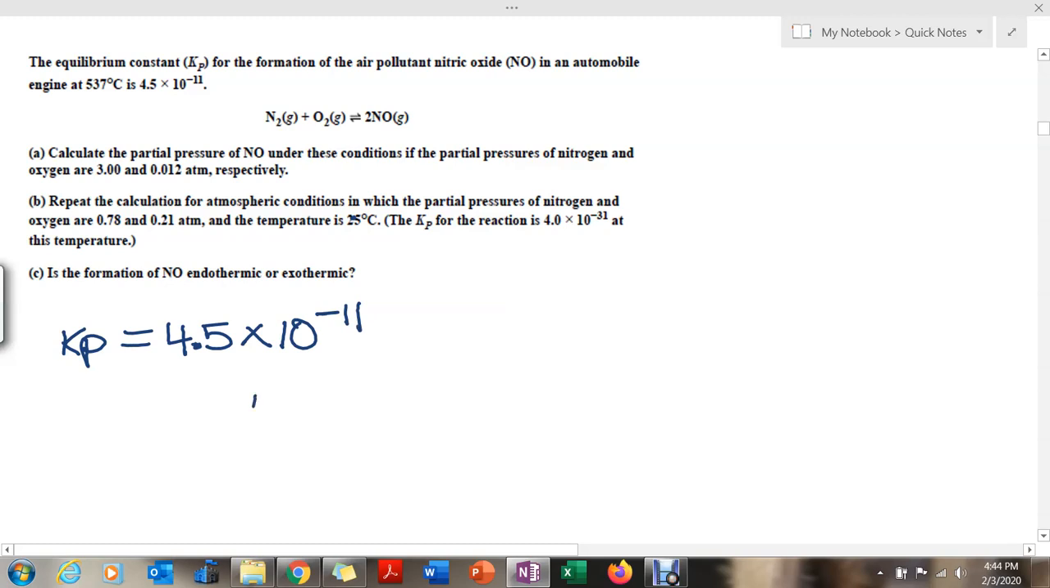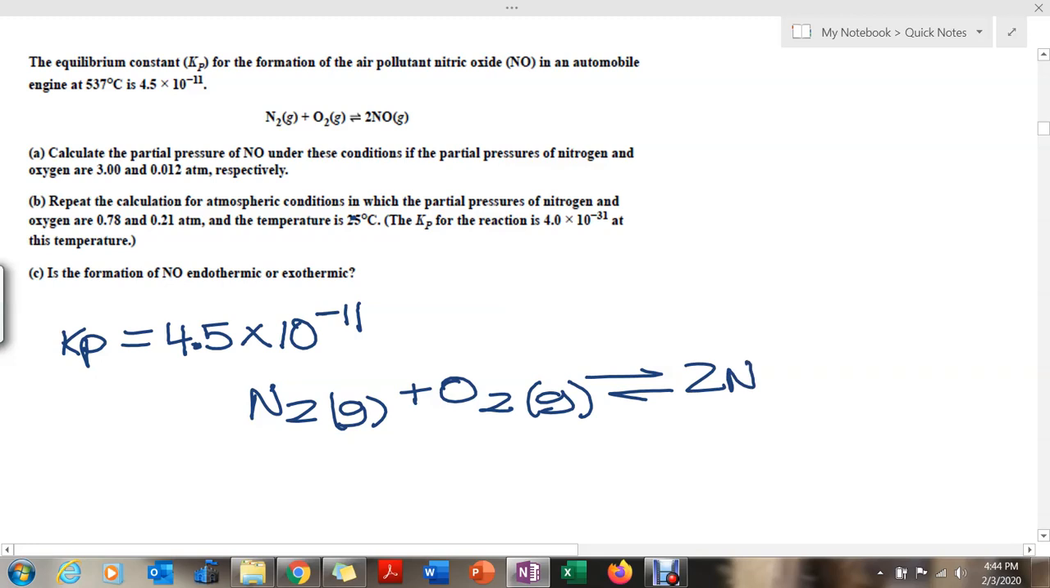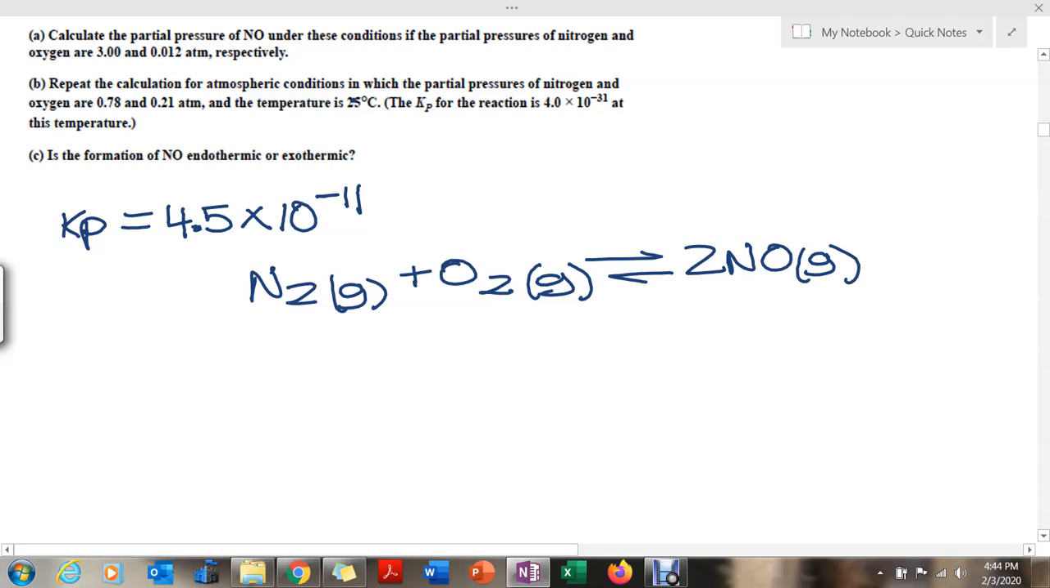And the reaction for the formation of NO would be N2 plus O2 in equilibrium with 2NO gas. Calculate the partial pressure of NO. So they're asking for the partial pressure of NO